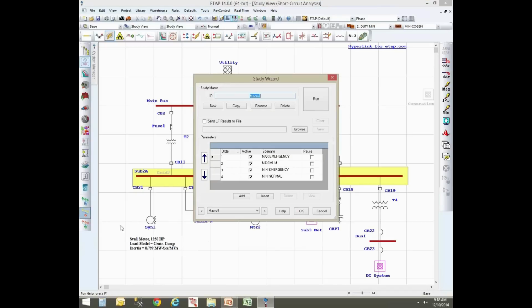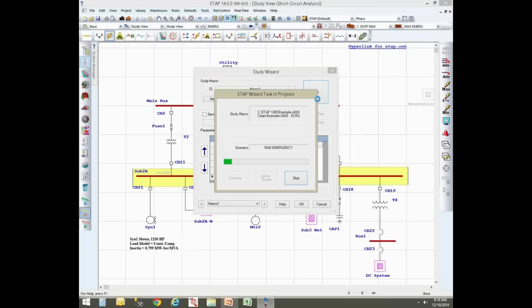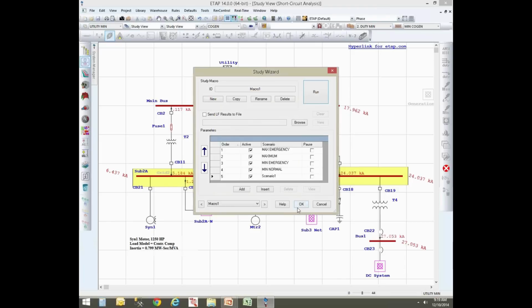Now all I have to do is make sure that my macro is set up, and I have here my 4 scenarios, the emergency maximum, maximum, minimum emergency, minimum normal, and I'm just going to add the 5th scenario that I created right now, which is scenario 1, which was my minimum cogen. And I'll just go ahead and execute this one. Okay. Now